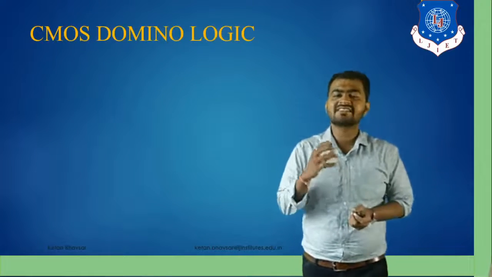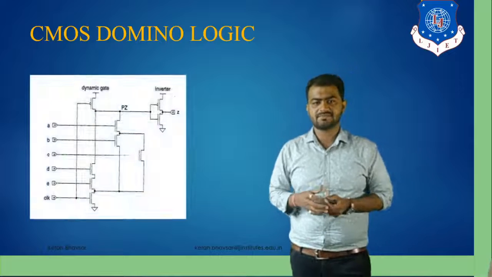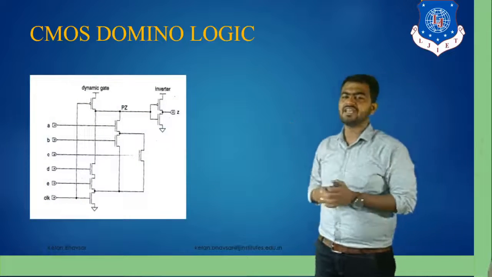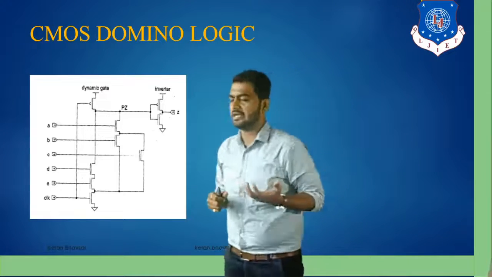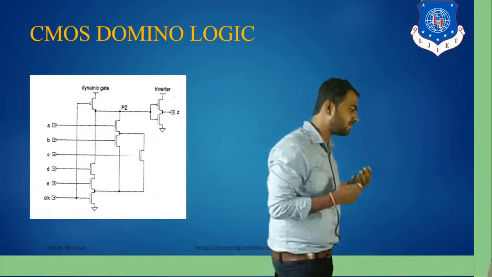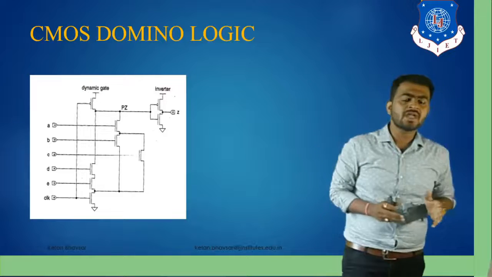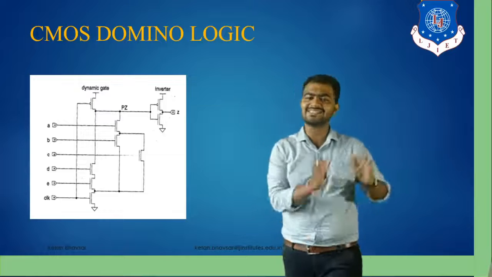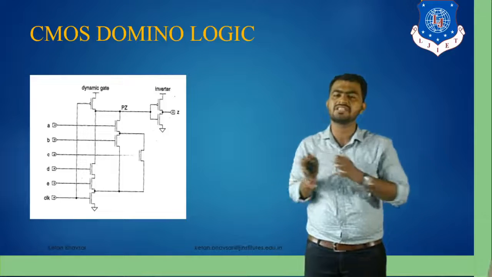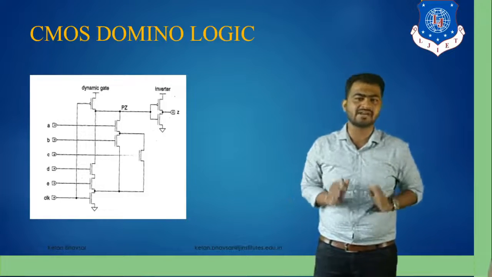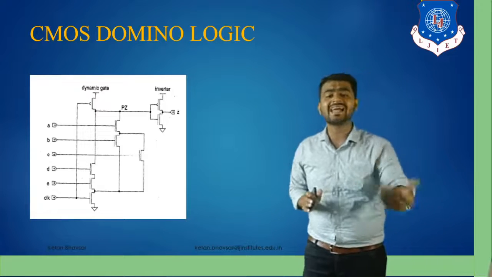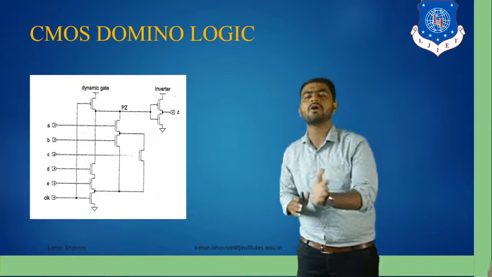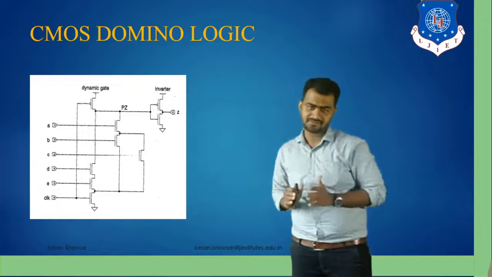Now let's discuss domino logic circuits. What is the reason behind using the domino logic circuit? The reason is very clear. Whenever we design logic circuits with CMOS, we can design a NAND gate, NOR gate, and inverter. With these three, we can design the circuit. But you cannot directly design the AND gate using CMOS. You have to design the NAND gate and then put one more inverter, and it becomes an AND gate.